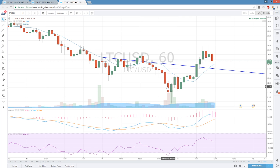There are stop loss opportunities on GDAX. You could put your stop loss in, making it more comfortable. I haven't played around with a stop loss yet on that platform, but I'm perfectly content just locking in these 5-10% moves in a short amount of time, and then reassessing the situation. So last night I made that flip of $22.50 to the upper $23 range, and then I made another